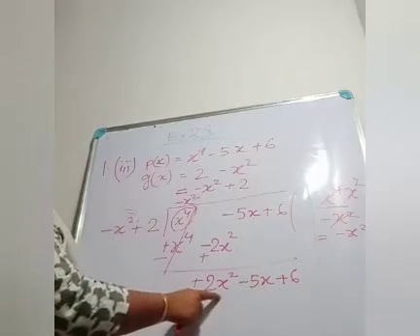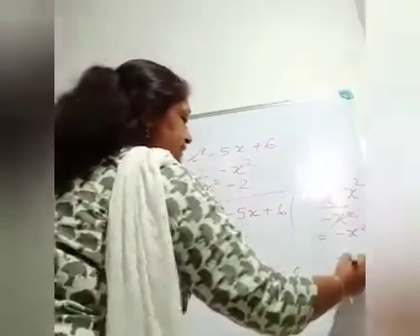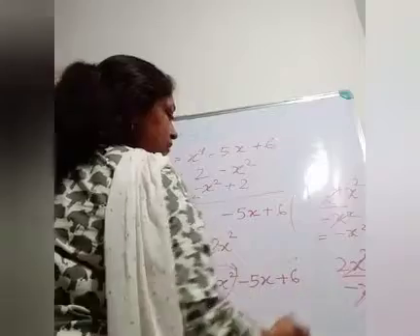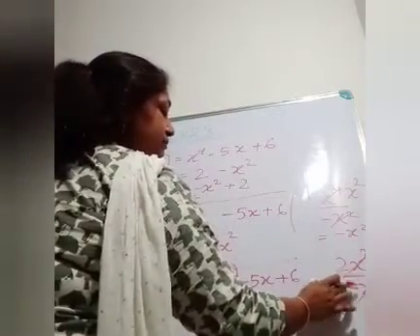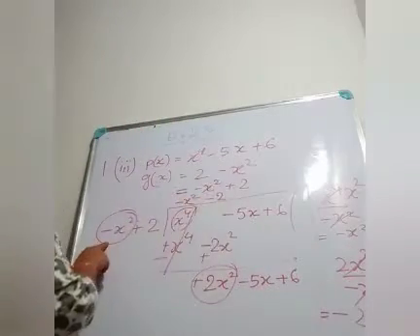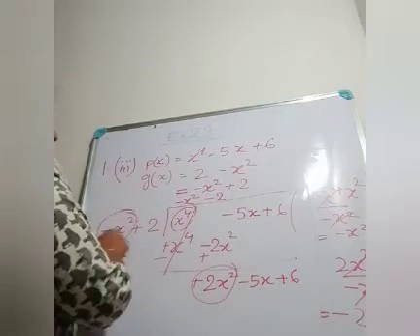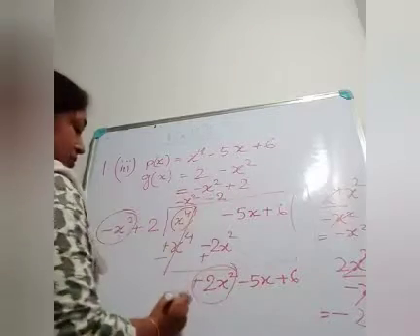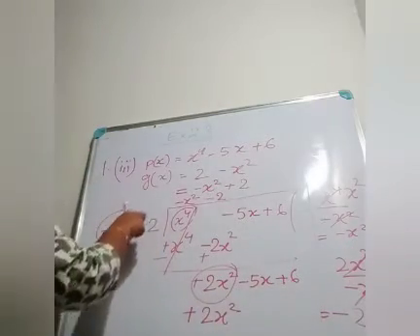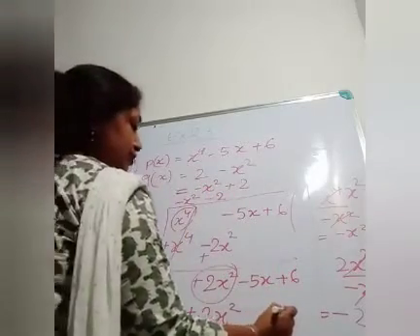So what will be the quotient then? Take the first term of the remainder and the first term of the divisor and divide it in the rough. So what will be the new quotient then? Minus 2 is the new quotient. Write down minus 2 here and multiply minus x square plus 2 with minus 2 one by one. And what is the product then? Minus x square times minus 2, minus minus is plus, and it is 2x square. When you multiply 2 with minus 2, what will be the answer? Plus minus is minus, 2 twos are 4.